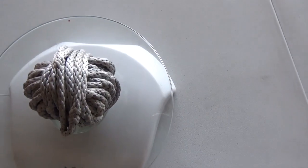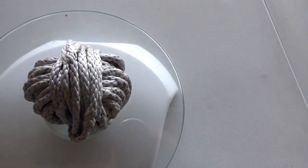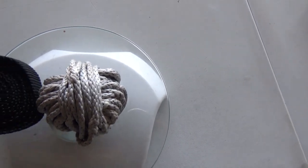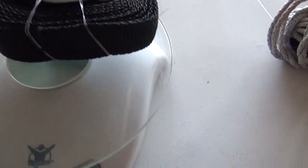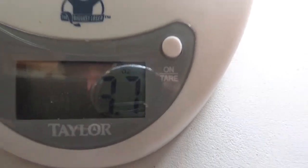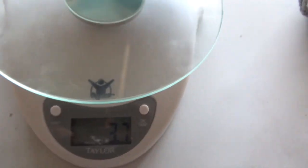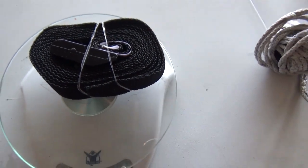Just to give you a quick comparison of the Amsteel attachment method, that's it wrapped up in there with the buckle. It weighs in at 1.2 ounces, and that's the size compared to a 7-foot cam buckle strap weighing in at 3.7 ounces. So when you multiply that by 10 or 12 or however many steps you're going to use, that's